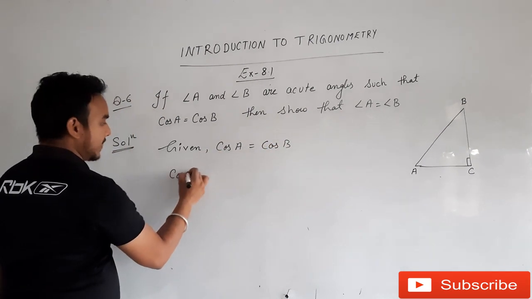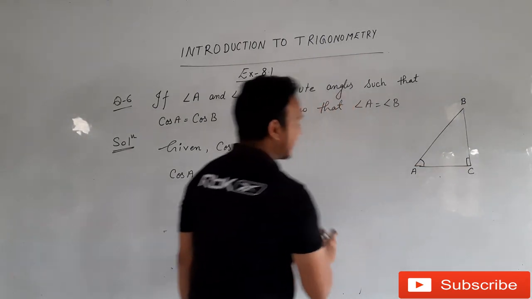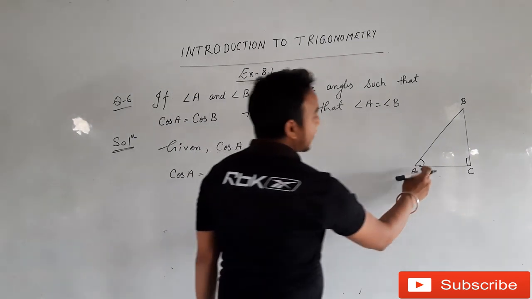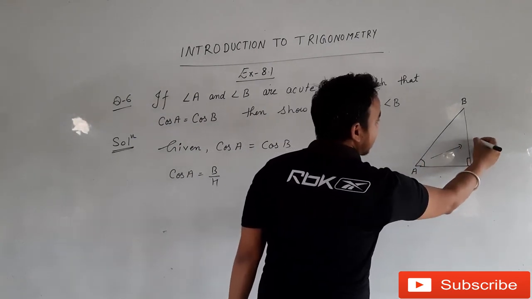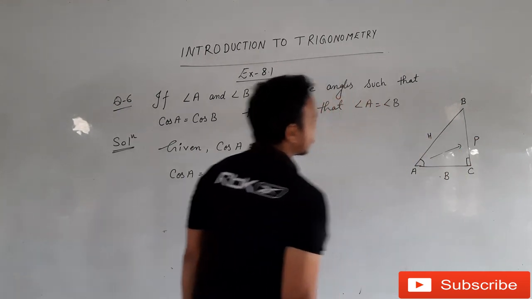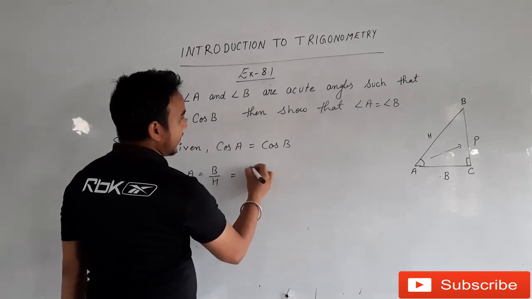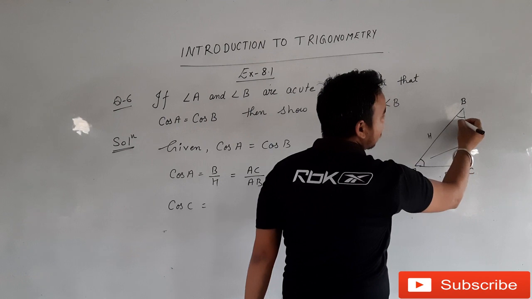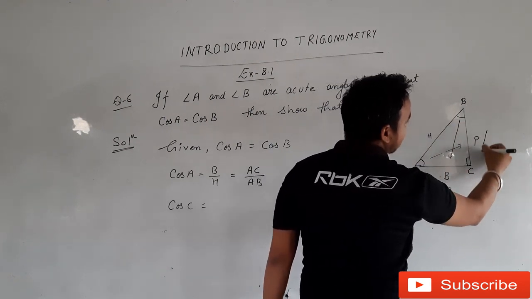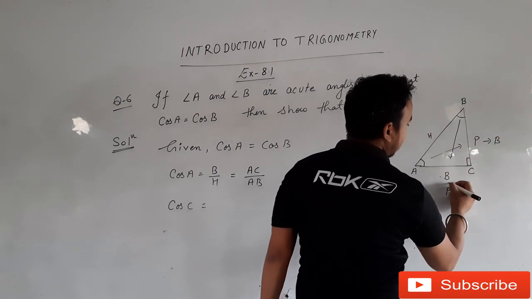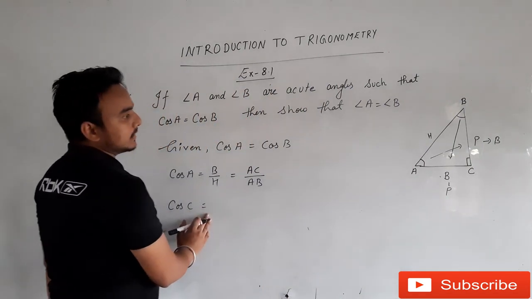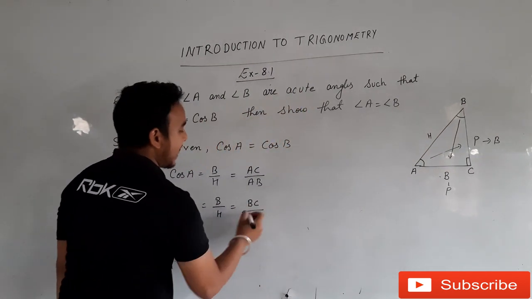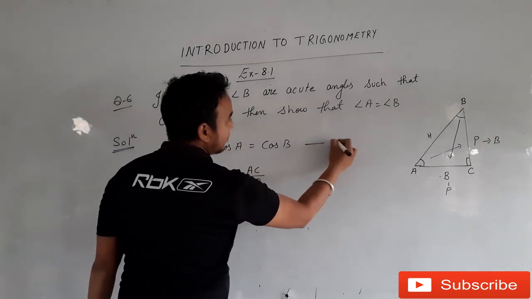फर्स्टली वी विल कैलकुलेट cos A। cos A अगर हम देखें तो हम इस एंगल से बात करेंगे, एंड cos A की फॉर्मूला जानते हैं हम, यानी कि इट इज़ द रेशियो बिटवीन बेस एंड हाइपोटेनस। इसके अपोजिट ये परपेंडिकुलर होगा, ये बेस होगा एंड ये हाइपोटेनस होगा। इट मीन्स इजिली आई कैन से cos A इज इक्वल टू AC अपॉन AB, एंड इफ वी आर गोइंग टू कैलकुलेट cos C, देन cos C के लिए ये P बन जाएगा, ये B बन जाएगा, तो cos C की वैल्यू होगी B/H, यानी बेस BC एंड हाइपोटेनस इज AC।